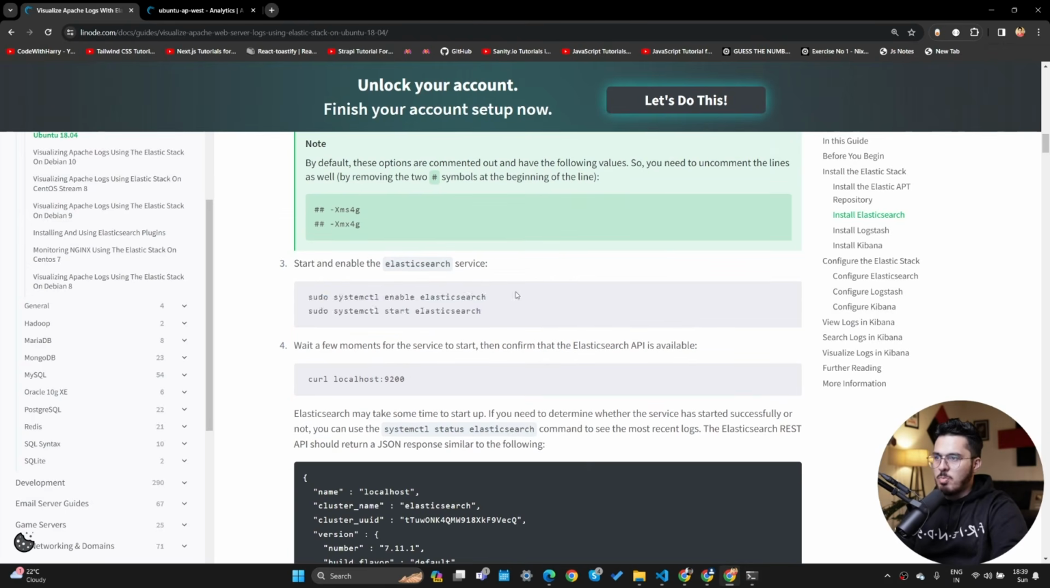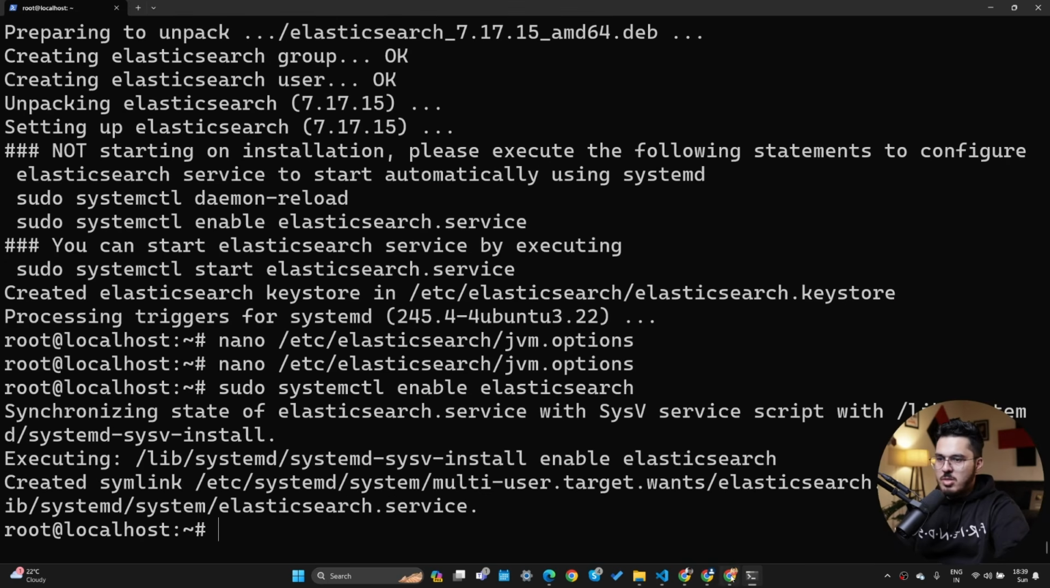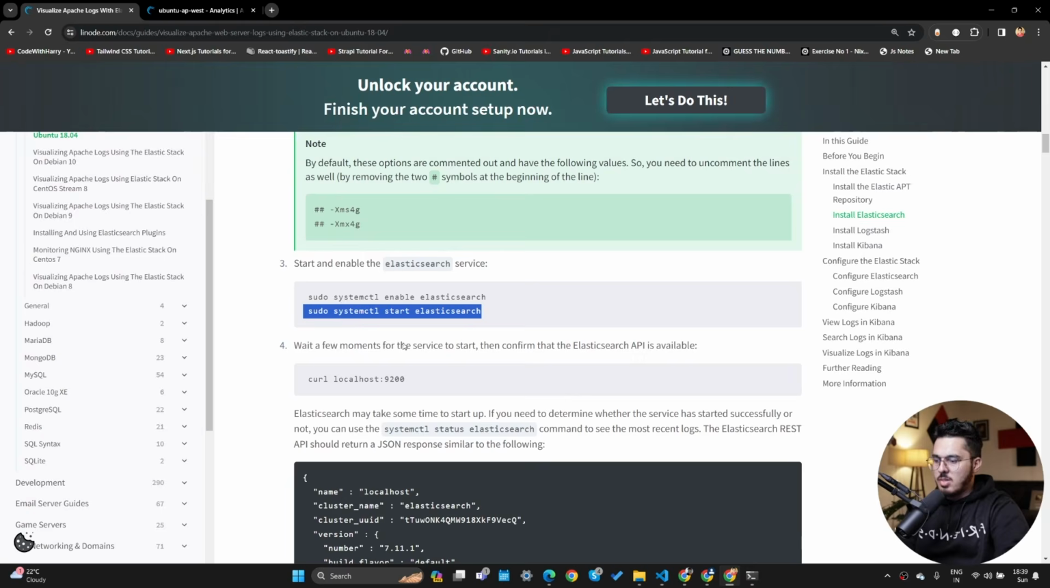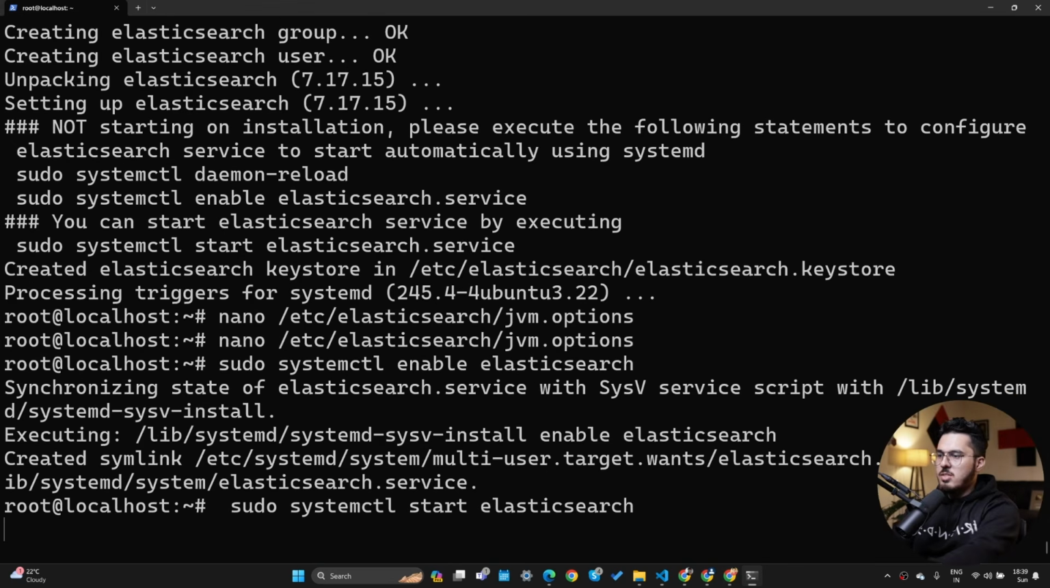So we are going to copy and paste these commands one by one. It's always better to run these commands one by one and your Elasticsearch will start. And then you can always check the status of Elasticsearch service. Let's wait for Elasticsearch service to start. It takes some time. And now we are going to issue a command